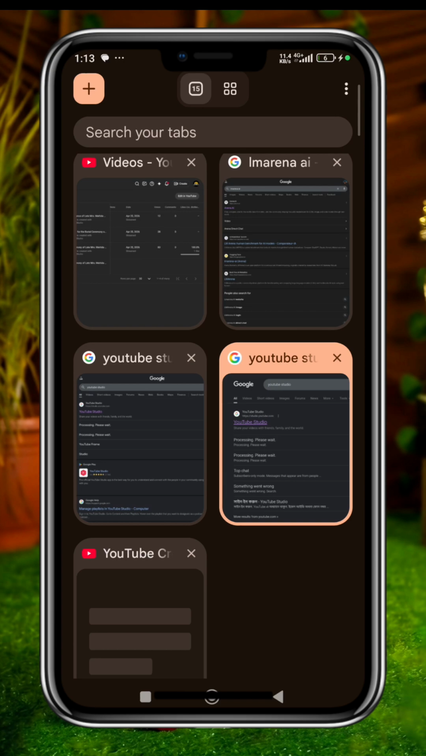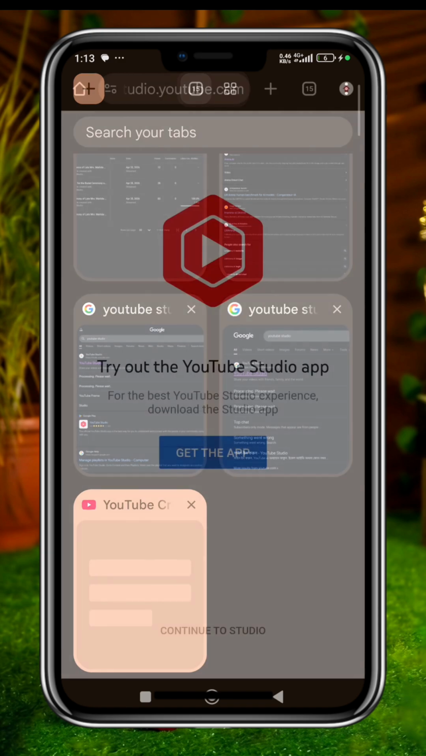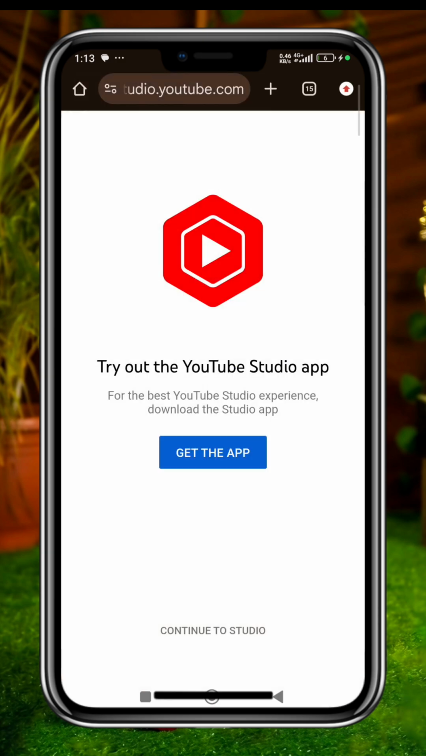So what I will do now is to click on the last one by your left. Now the last one here by your left, I'll click on it. Once I click on it, I'll click on continue to studio below here. Don't click on get app, just click on continue to studio below. It's a kind of fence color here. I'll click on it, then it will take me to my